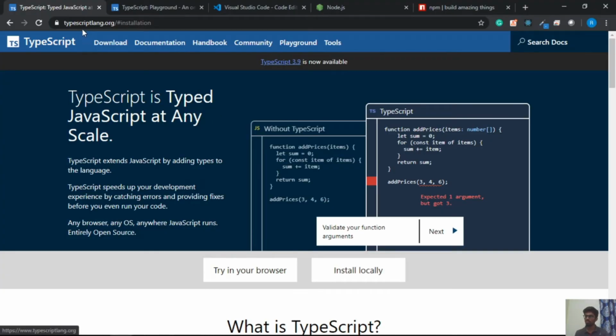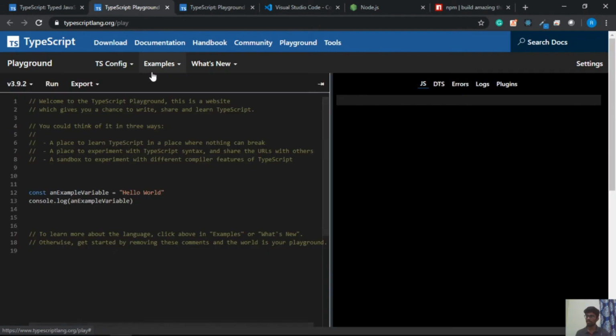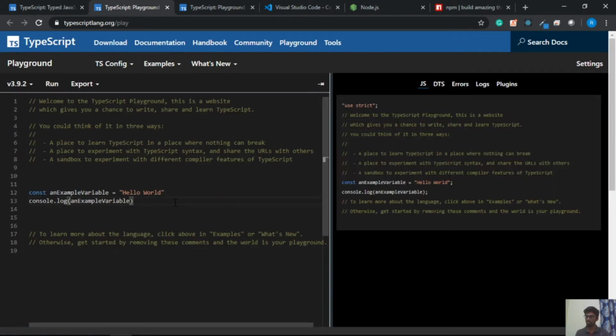This is the official site of the TypeScript language. You can go into this and click on Try in browser. It will open up a TypeScript playground where you can write TypeScript code, and you can see the JavaScript code concurrently. It's good to have this TypeScript playground for short code, but when your file grows larger and larger, it is very difficult to handle. So for writing small code, you can use it. You can write the TypeScript code here and it will reflect the JavaScript here.